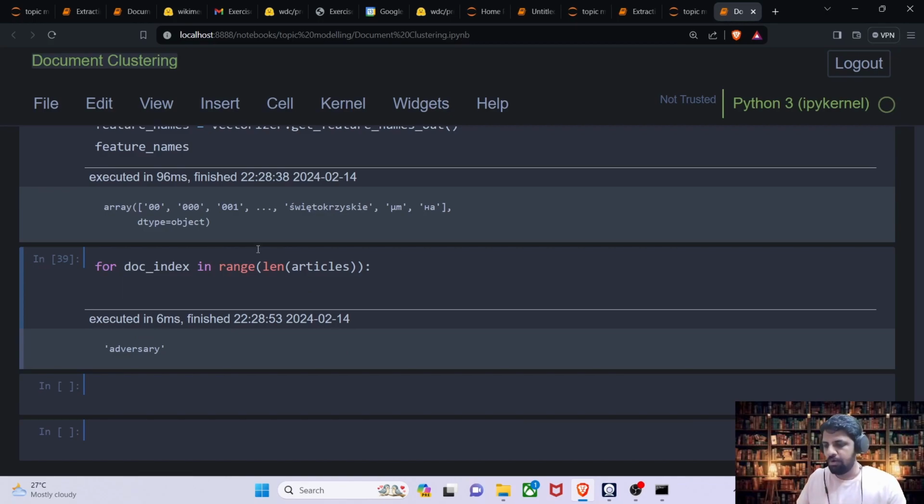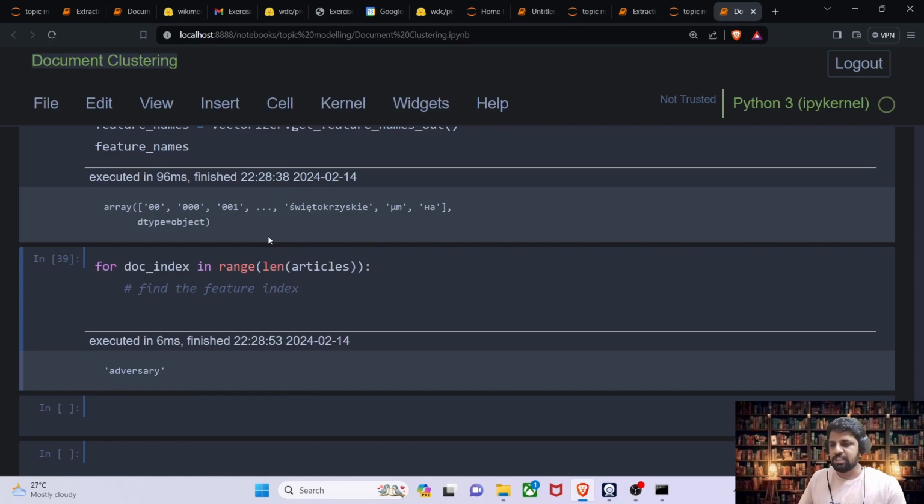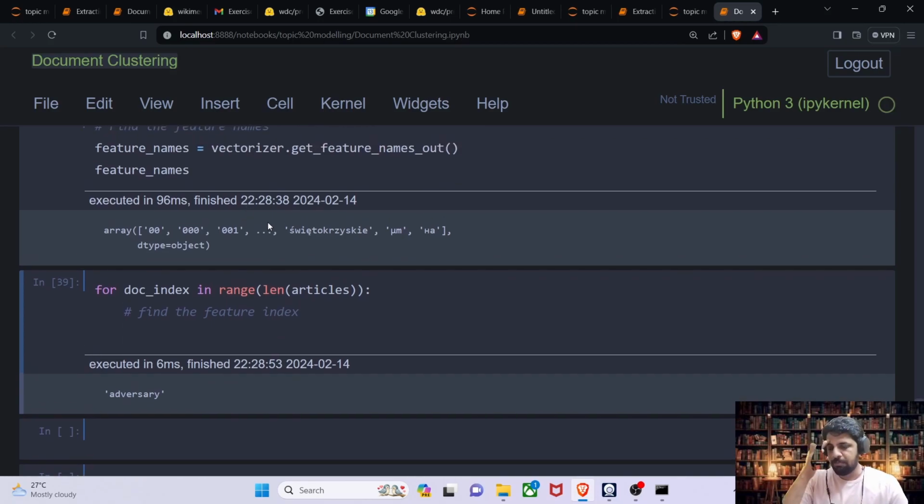So what we are going to do is to find the feature index. The feature index is nothing but the number, like for example 2, 3, 4, 5. So for each article we will have an index and the importance of that particular index available as a TF-IDF vector. Okay, so what we are going to do is feature index